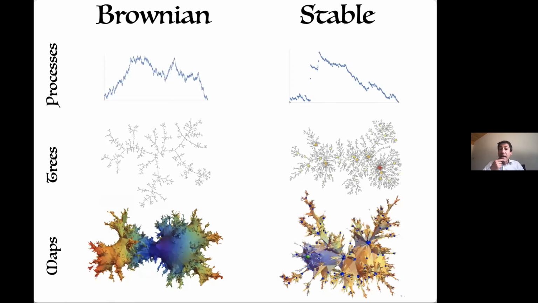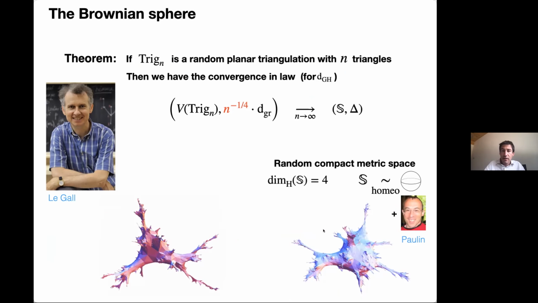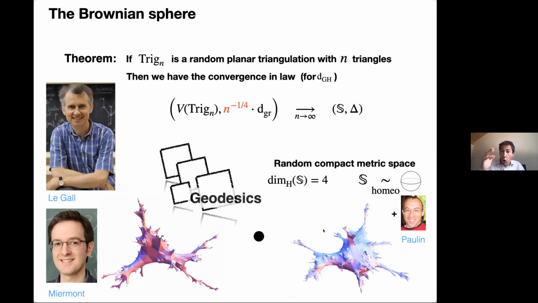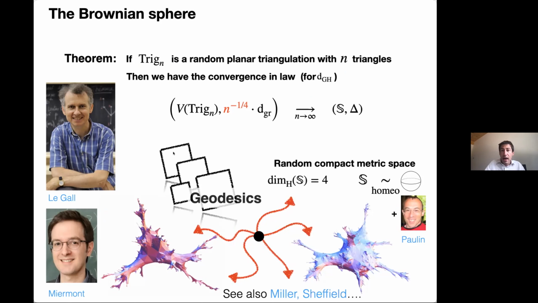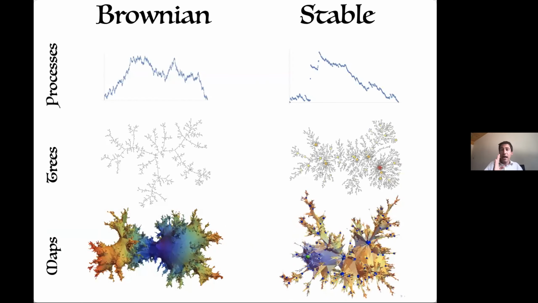But the goal of today is to get to the stable paradigm. This can be thought of as the Brownian paradigm, when all the faces are small, triangles or quadrangles. And we want to see what appears when you have large faces. Let me make the parallel between different kinds of random objects. For processes, when you have a random walk with small increments, which are centered and say of finite variance, then in the large scale limit you see Brownian motion.